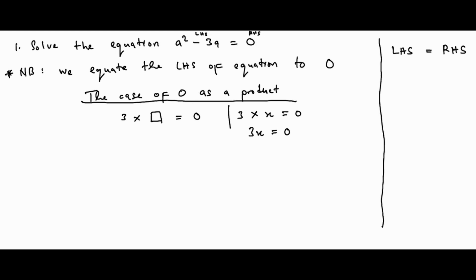But let us use the model of grade 5. 3 times an empty box, we have to fill it in, is equals to 0. What is the answer there? After deliberation, you can conclude with panapa munomu muna 0, because 3 times 0 is equal to 0. Case number 2, empty box times, let us say, maybe 11 is also equal to 0. What is going to be in the empty box? 0 again. Okay.